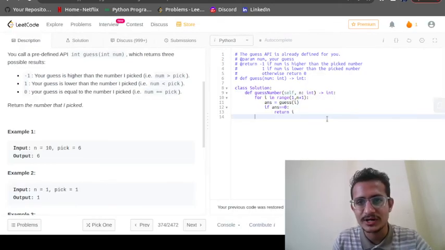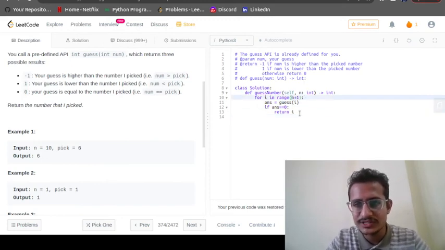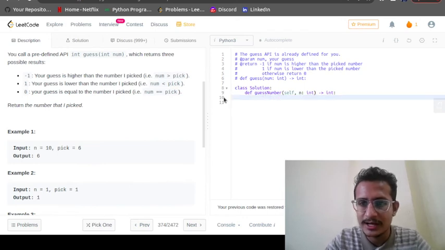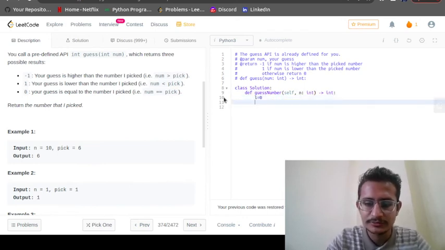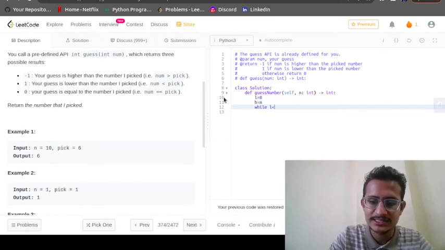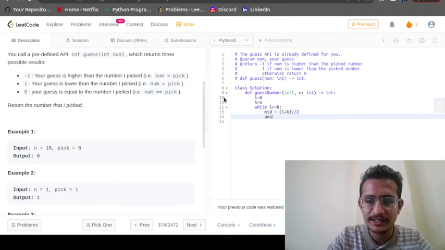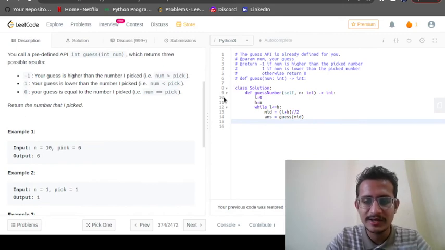Now let us write the code for the same. First we define low and high. Low is 0, high is n, and we write the condition while low is less than or equal to high. Then we calculate mid, which is low plus high divided by 2. Then we take an answer variable and call the API, sending mid. Then we apply the conditions.